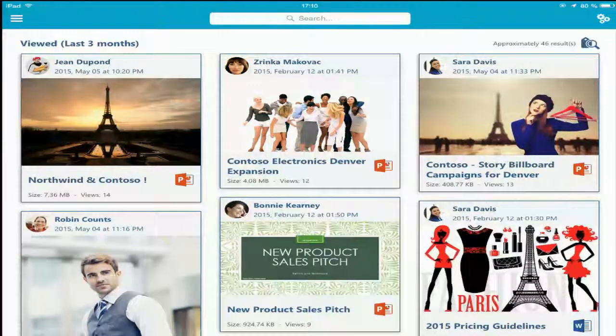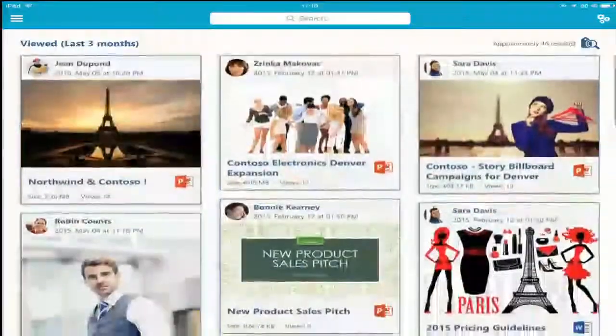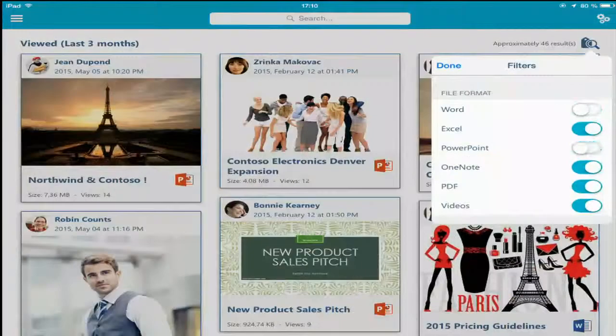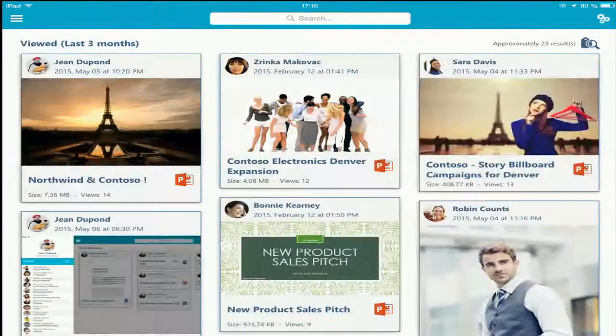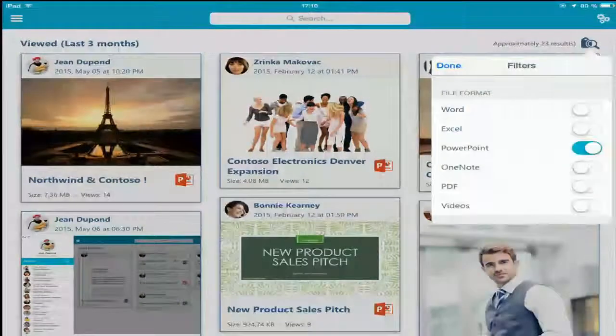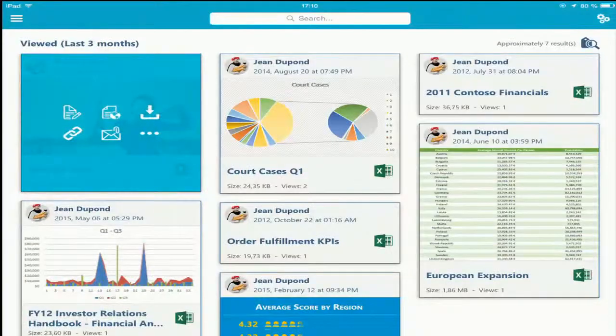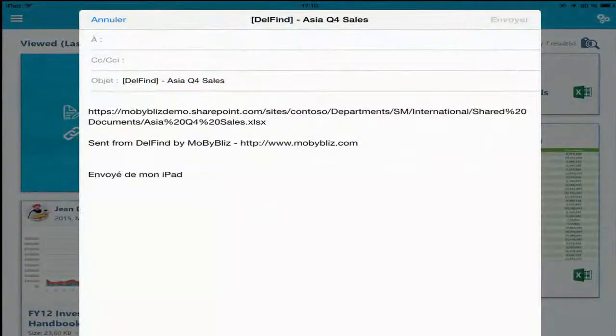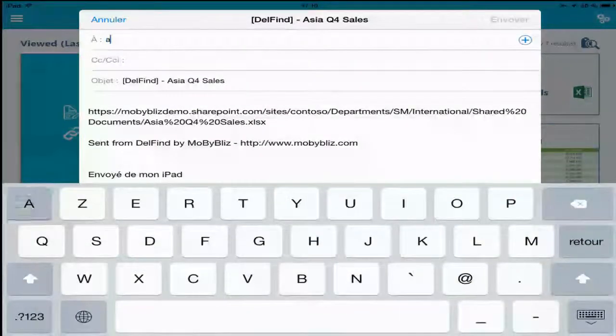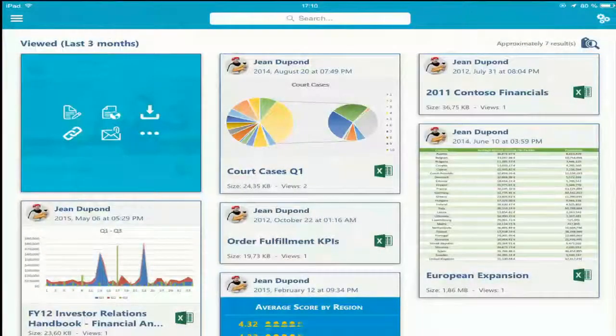And again, I will use the different formats. Here, I remember it's an Excel, and I find it. Okay, it's this one, and this time I will send an email with the link to my colleague, because my colleague is using Office 365, and that's okay. It will save time for her to tell me if the prices are good.